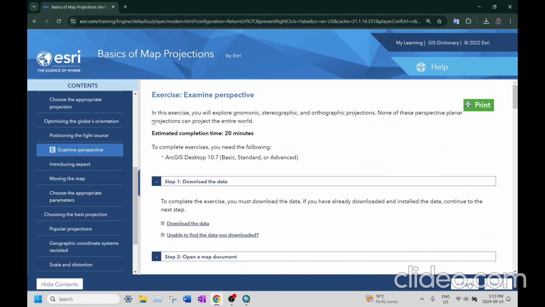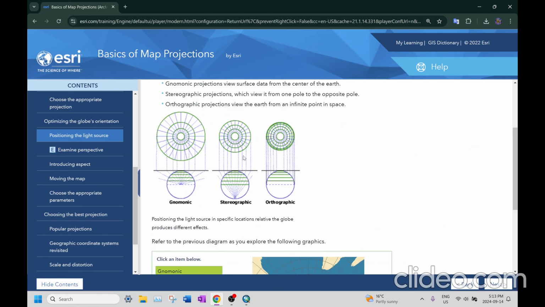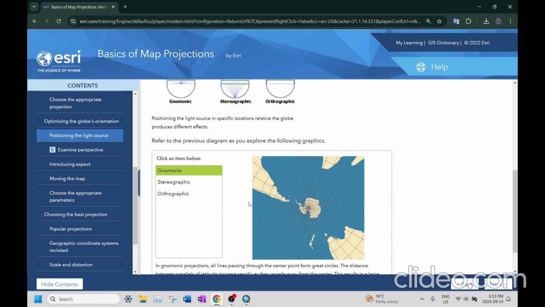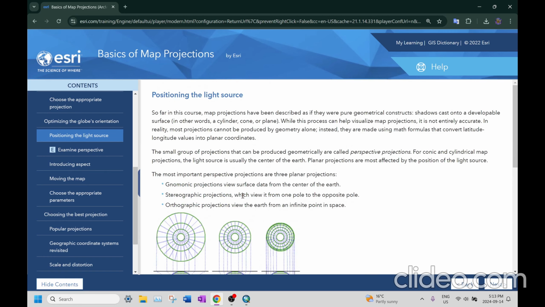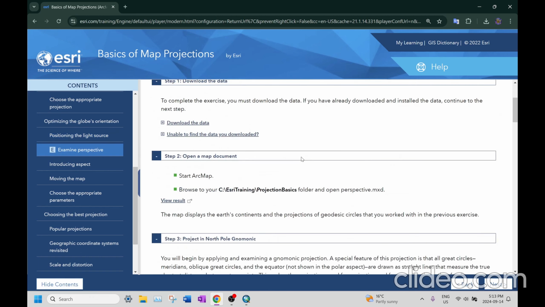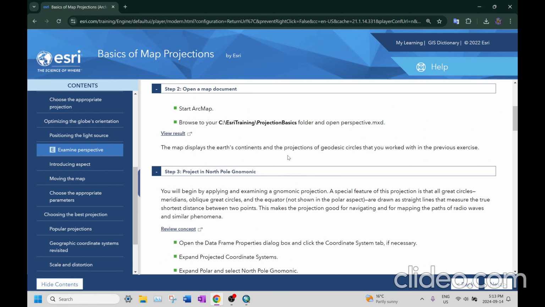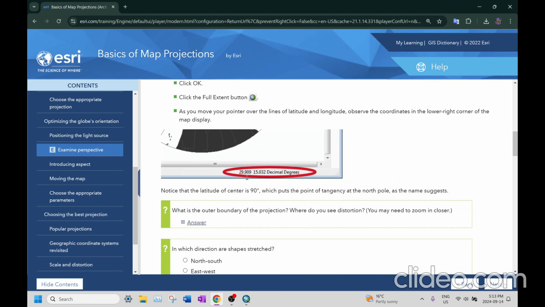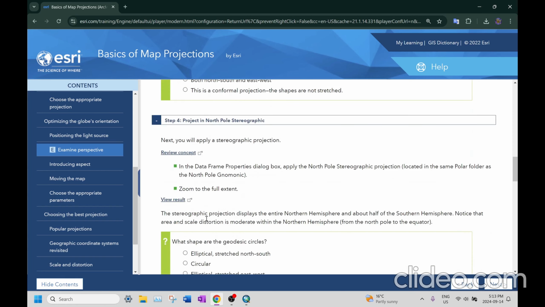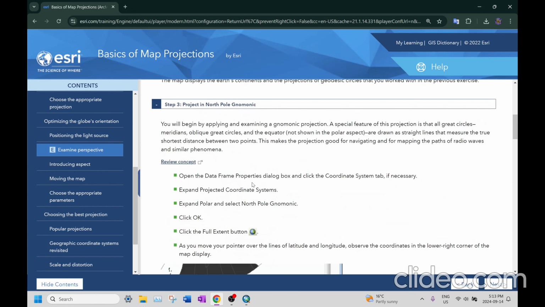So there's another part of the exercise called perspective. Perspective is defined by the light source of the map. So it's like the second concept of the projection, I would say. And I finished all the steps, but I could have just clicked the pictures. I mean, it already gives you the results. So first of all,